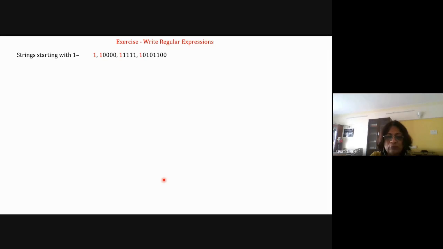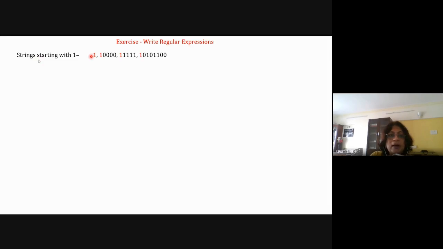So in today's lecture we are learning about writing regular expressions. Okay. So the first question is: write down the regular expression for all the strings which are starting with 1. Here you assume that your sigma is equal to {0, 1} or {a, b}, anything. So in this problem, you have to write down the regular expression for strings starting with the symbol 1. If it is starting with symbol 1, then it is a valid word of the regular set.